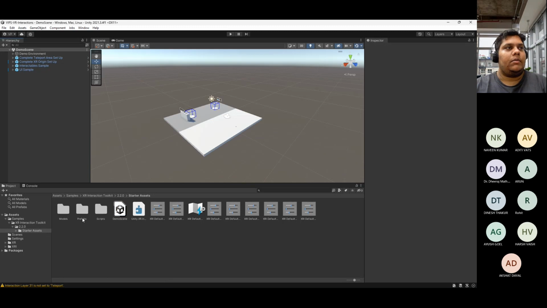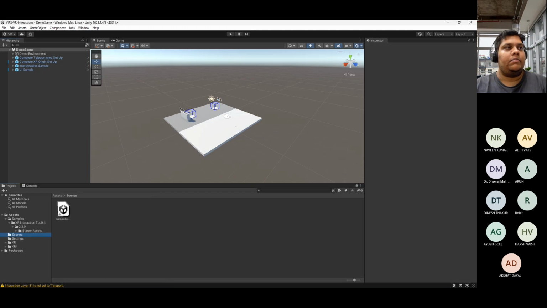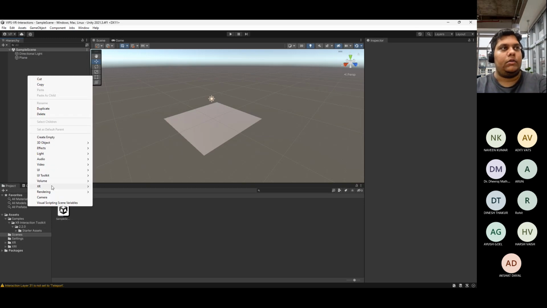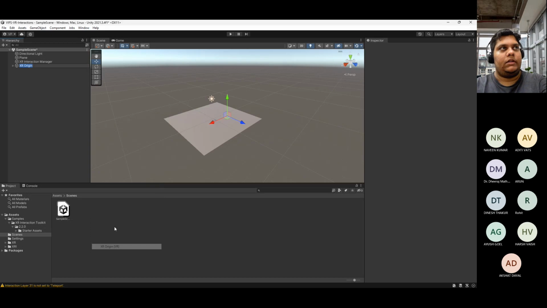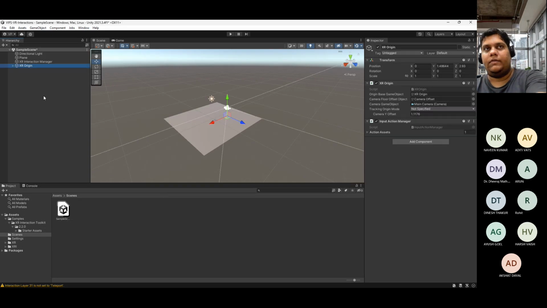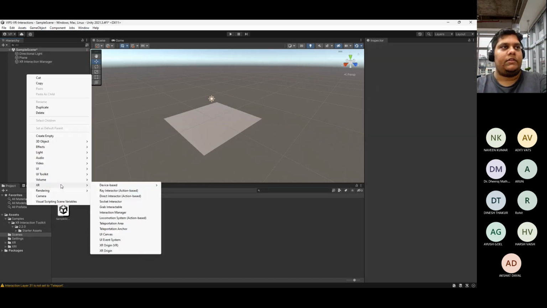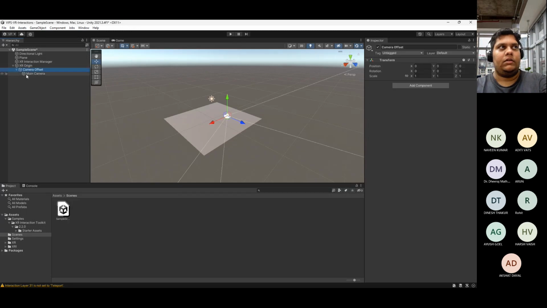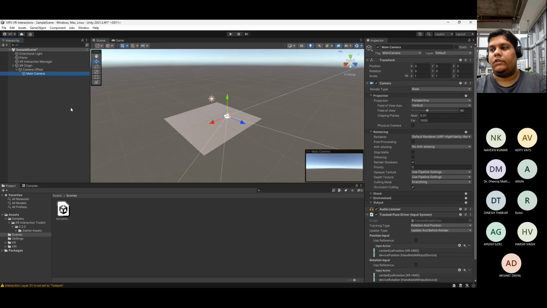And then coming on to the scene that we were setting up. Let me add an XR origin now here. First let's add without the VR part. Let's just add a single simple XR origin. As you can see, this does not have the controllers. So now if I go into VR,